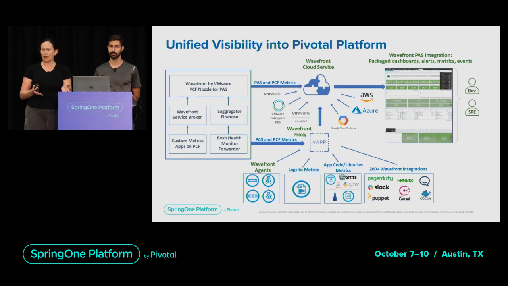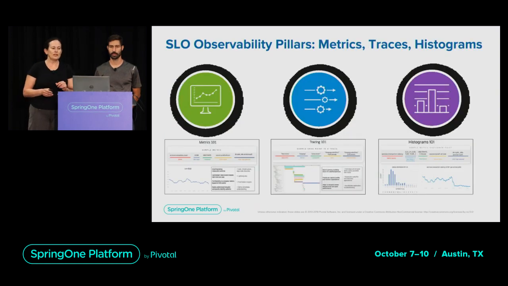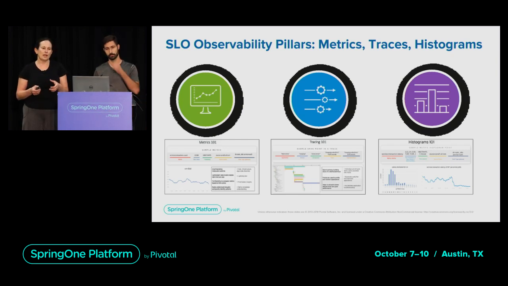And then you want that automated. At the same time, you want to be able to customize it, because every team has their own tweaks and dashboards they want to follow. And when you're doing that, you want to have metrics data. Metrics data is very compact, and it's useful for alerting. You want to create alerts. You want to have very powerful, flexible analytics as well. And then you want to have histograms as well. Histograms are good for high velocity data.